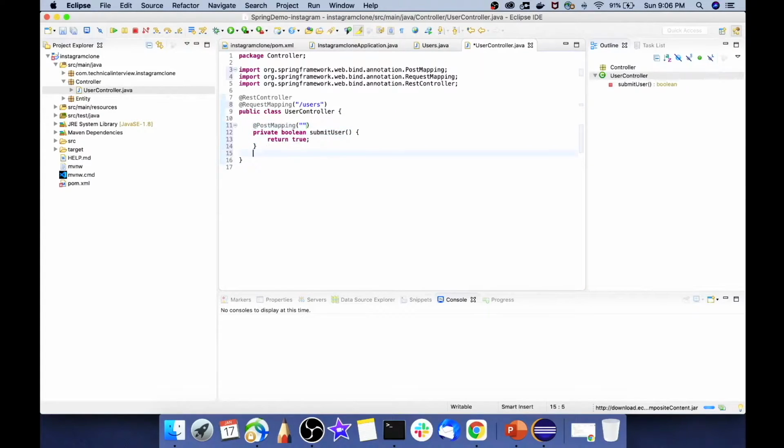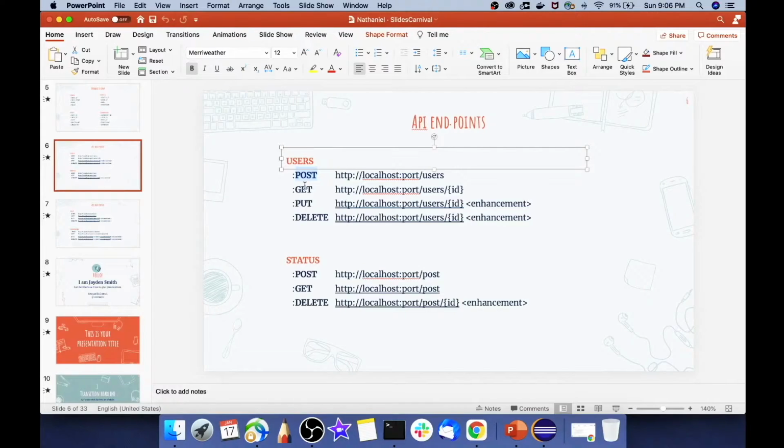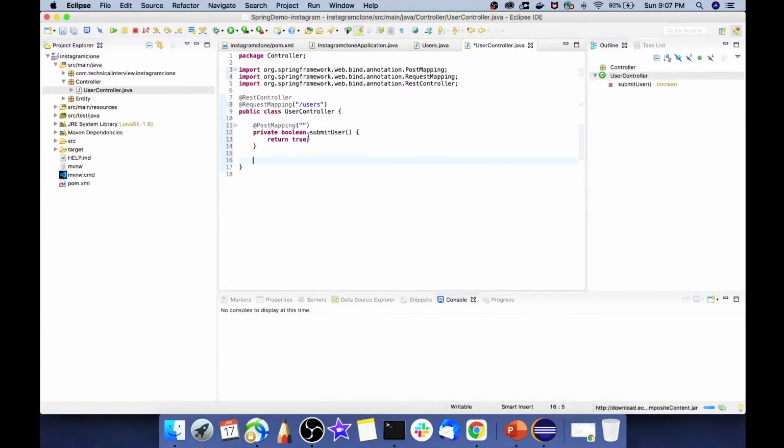So let's write the next function that will map to our get function. If you are new to Spring Boot REST APIs and you are not understanding what is actually happening here, just wait for a minute. I will explain each and every component once I am done with a single flow. So as of now, just be with me and try to follow as much as you can. Once we are done with the entire flow of this user application, I will explain each and every component. So let's get back to our implementation.